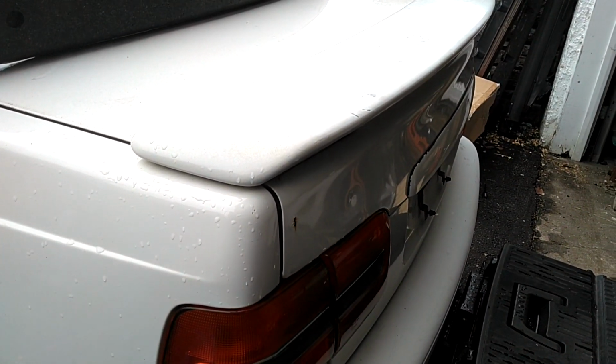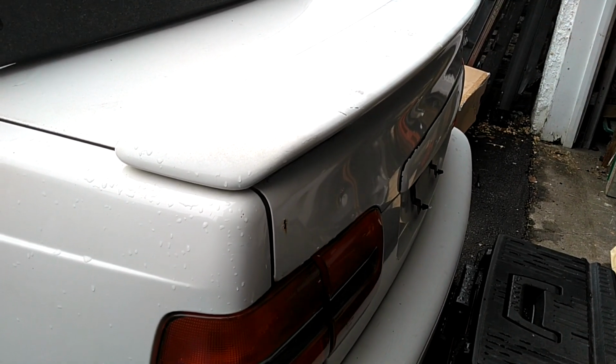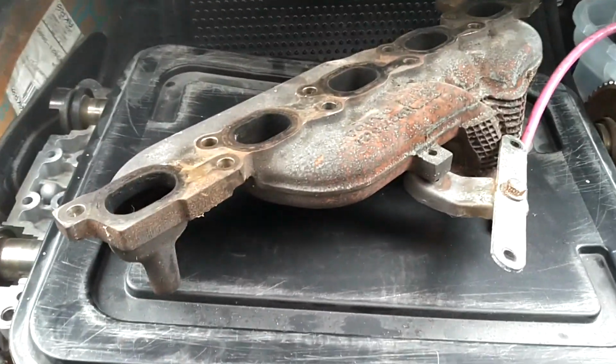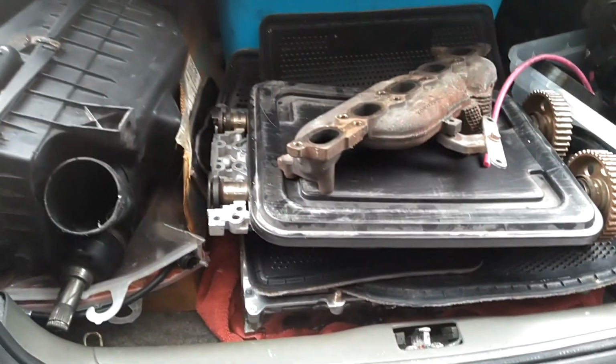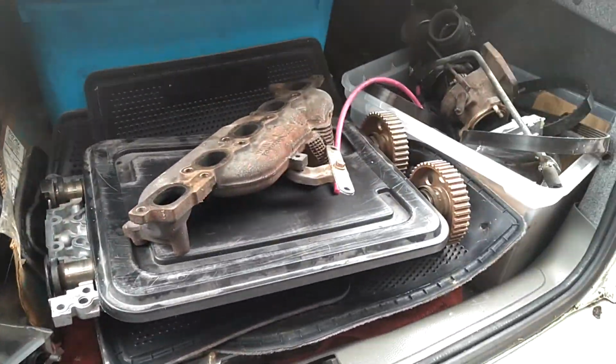First thing I'm gonna do is empty this trunk and get everything out of here that I want to keep, because I'm gonna load all the trash in the trunk from here on out. Time for me to figure out what's worth something in here and what's not. I know this head's worth something. I'm gonna put that in the back of that car over there and sort through the rest of this stuff